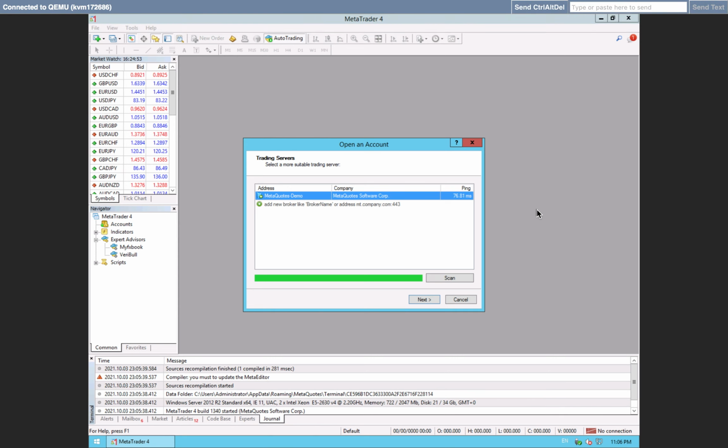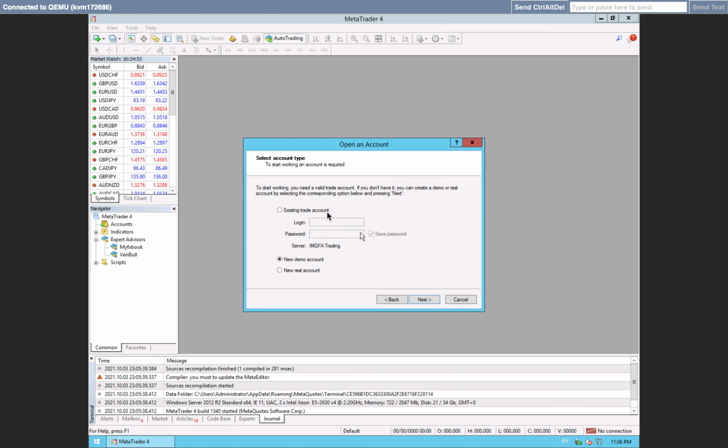So, anyways, back to the VPS. Once you log in, once you click connect to my VPS, this is what you will see after you put in the password. Looks just like this. You're going to type in your broker name, IMGFX, enter, see the scanning, boom. All right, so now you need to log into your account,